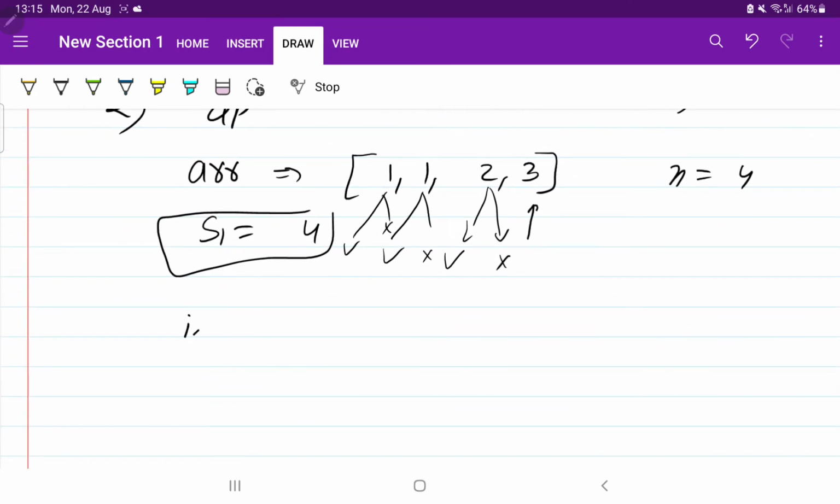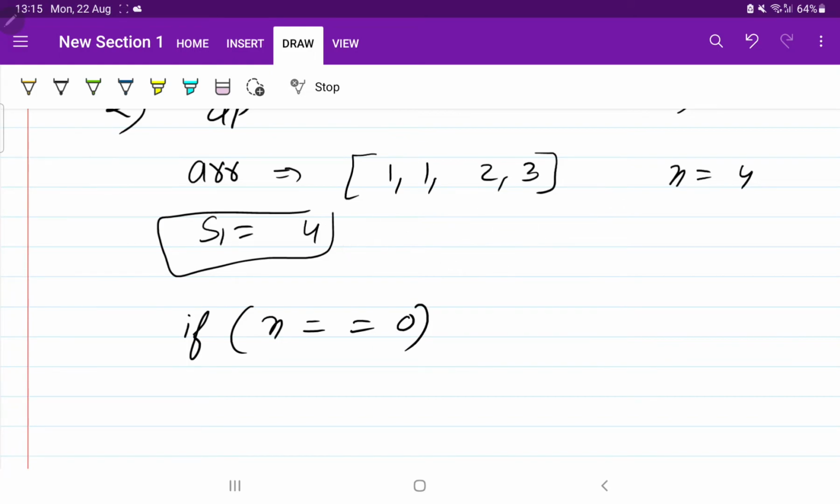So first of all, we have to take the decision on this element, then this element, then this element, then this element. If we have taken a decision on all the elements, that is, if n is equal to 0, we need to return 0.